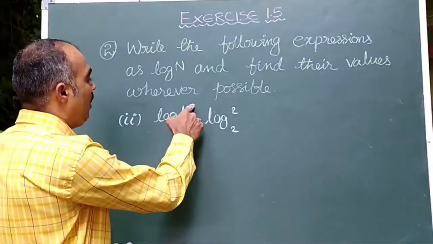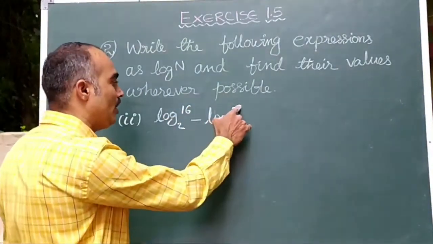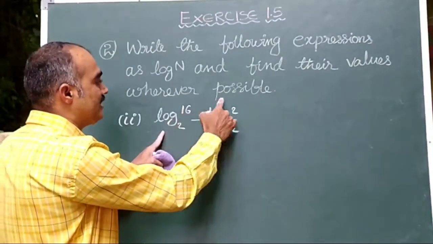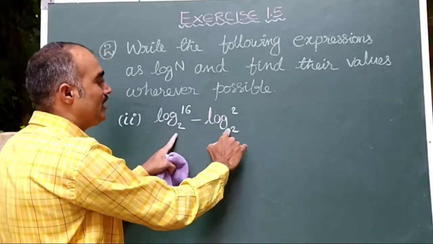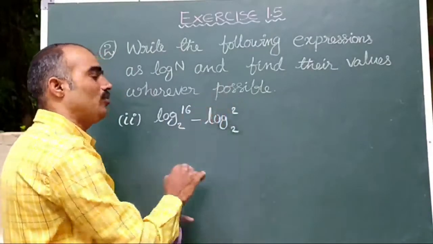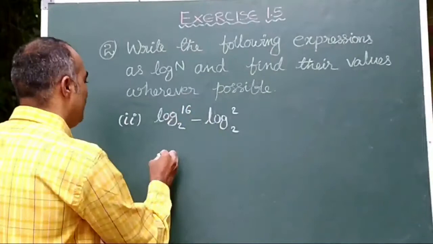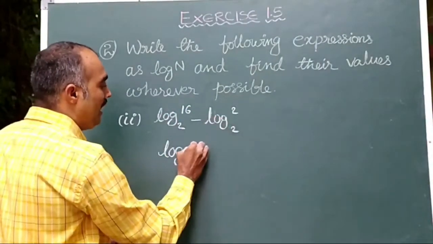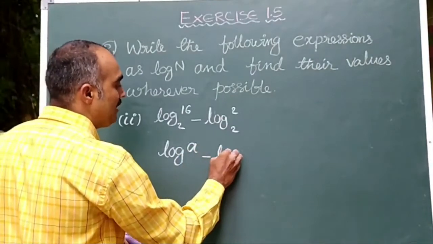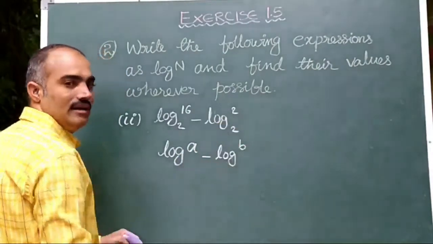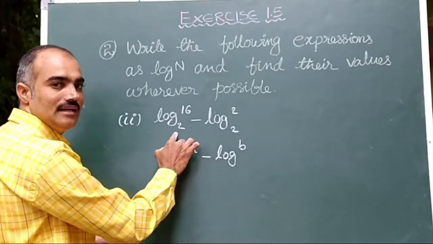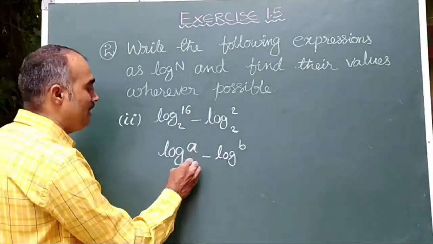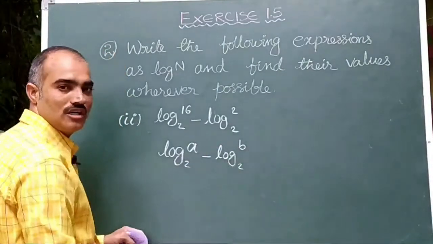Second bit: log 16 base 2 minus log 2 base 2. Here do not write it as log of 16 minus 2, 14, or 2 minus 2, 0; that is the wrong procedure. Now, let us see what is the actual thing to be done. See, these two are different; I am taking log A minus log B. Same bases are there, you can write the same base or you can leave it, it is not at all a problem, children. If at all you want, you can write the base also.